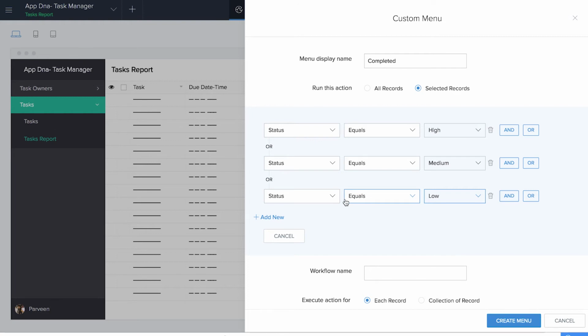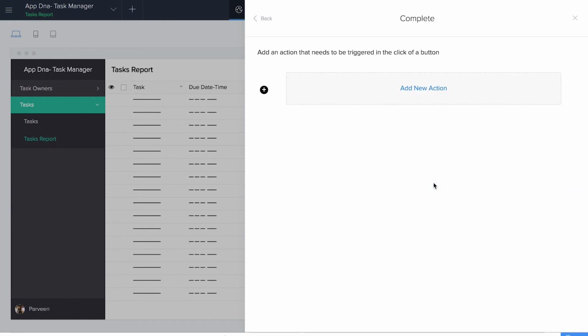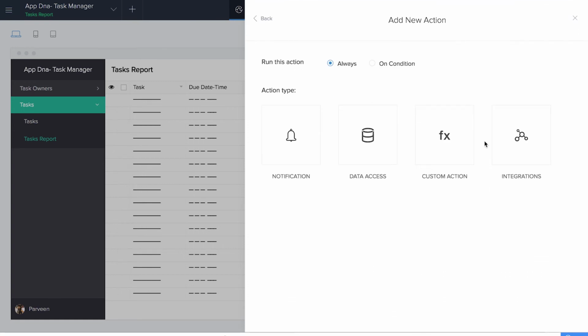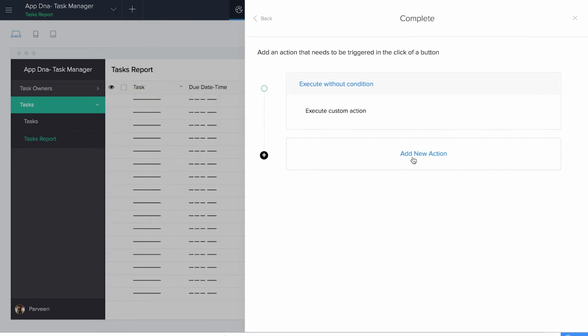Why all the three conditions? Because if the status says completed, then we don't want the button, but for all the other priorities, we want the completed button. And create the workflow. Input.status equal to completed. Hit save